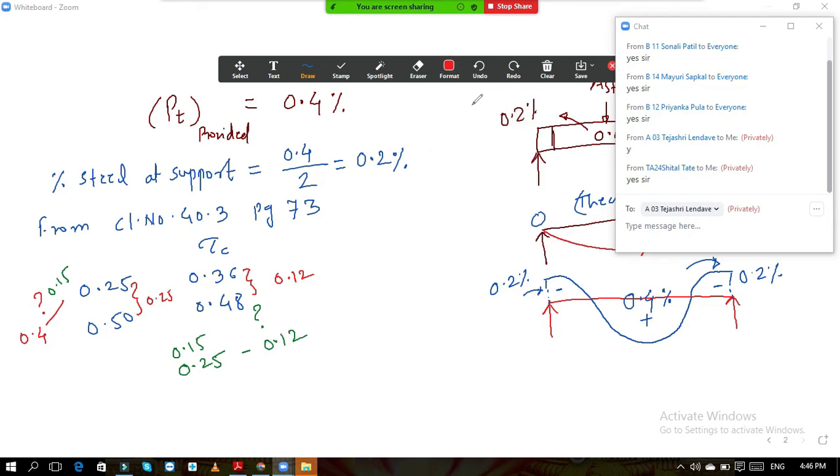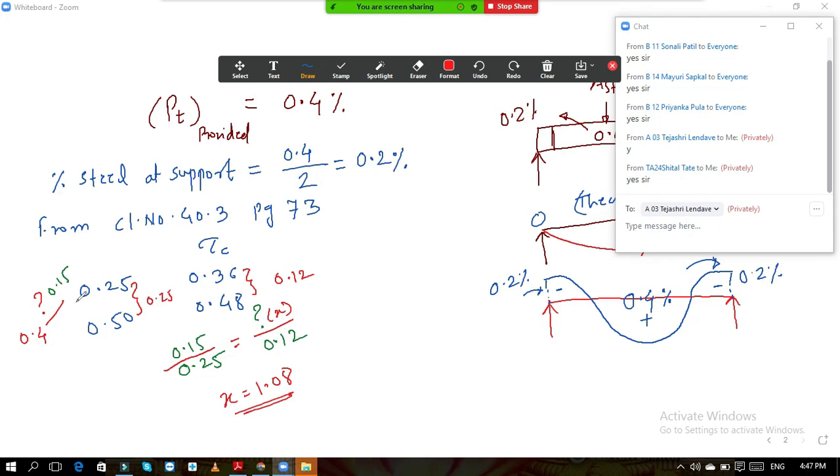For this, the simple technique is, draw the line, draw a line here also, and make it equal. Let this be our x. So therefore our value of x will be 0.15 into 0.12 divided by 0.25. It is 1.08. X is 1.08.